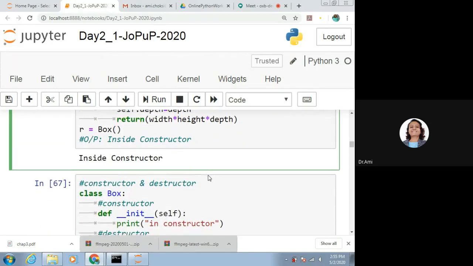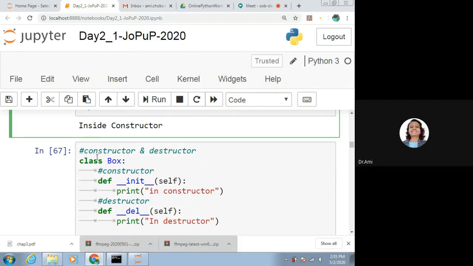Now next we want to see constructor and destructor. For constructor we have the method __init__. In the same way we should have the destructor. For destructor we have __del__.